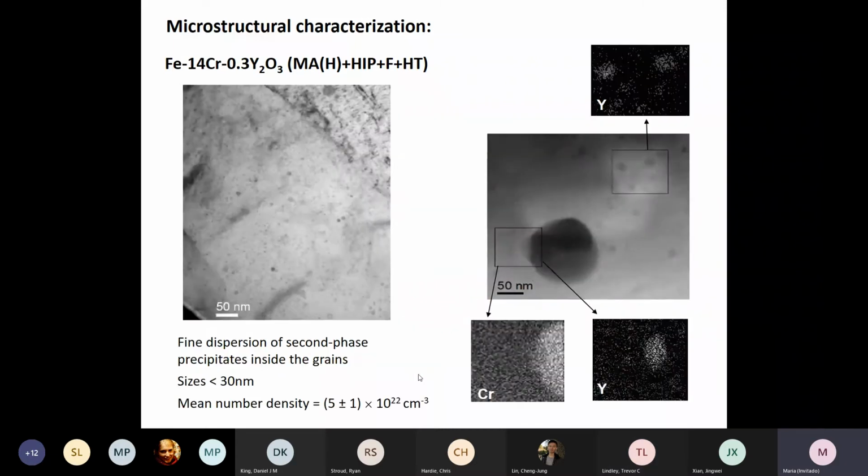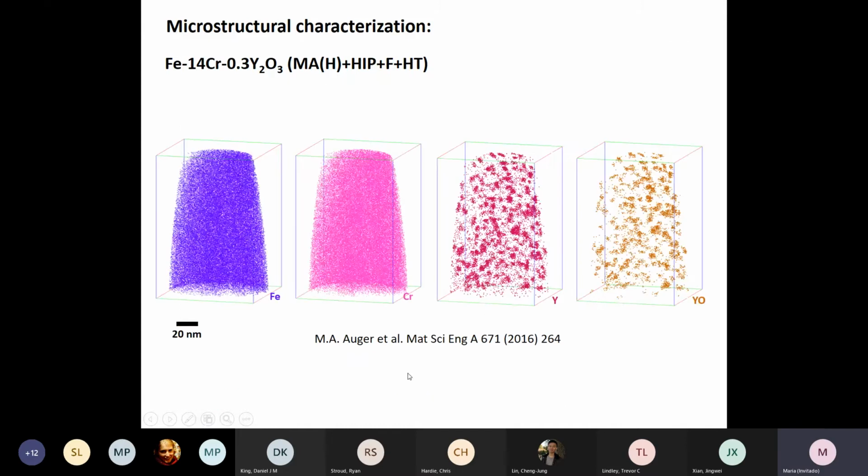Okay, regarding the yttrium oxide nanoparticles, we can still see that the fine dispersion is present inside the grains, and some of them are attached to chromium-rich particles, as we can see here. Okay, we can see in the map the chromium-rich particle and the yttrium particle attached to it. That is frequently observed. We also did atom probe tomography in this alloy, and here we can see, well, in TEM we see